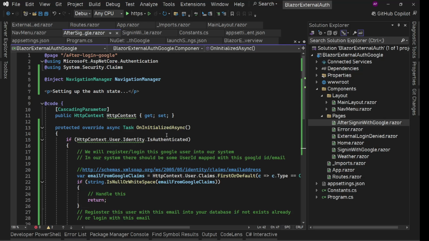That means these two components, we are using these components, but these are not something which we are displaying on the UI, right? So instead of using these as Blazor components or routable page components,